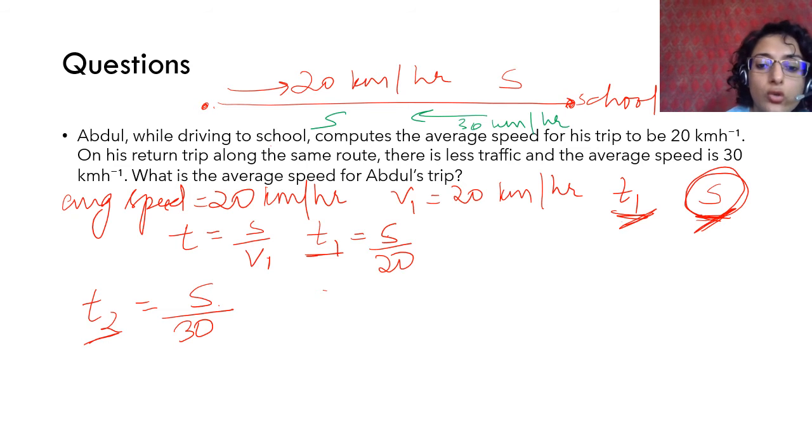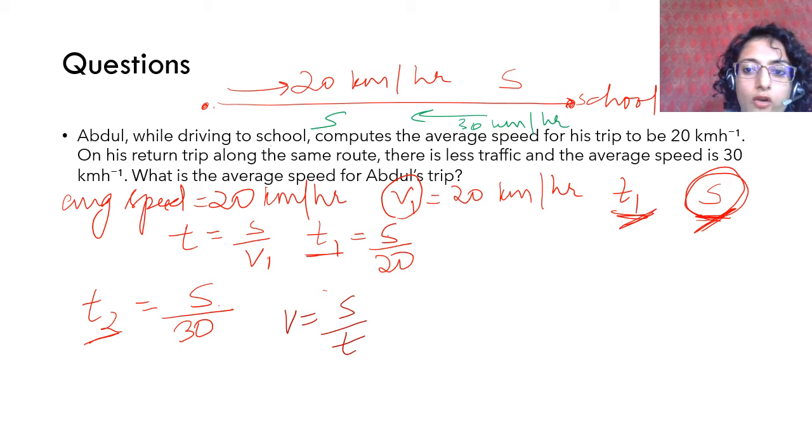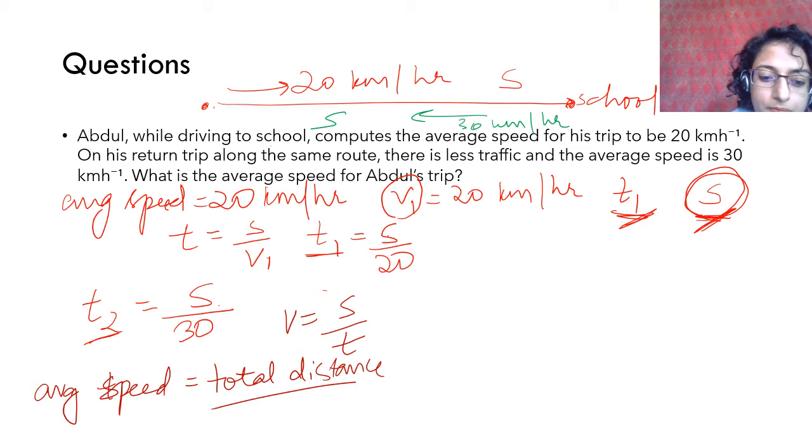So now we have only two variables, V and S. ठीक है. हमने T का जो variable था वो निकाल दिया. We have expressed that in terms of distance. Now we use the simple formula of V is equal to S by T. Okay. What we have to understand is that the total distance, we consider it total distance. एवरेज स्पीड कैलकुलेट करनी है ना. So it is total distance upon total time taken.